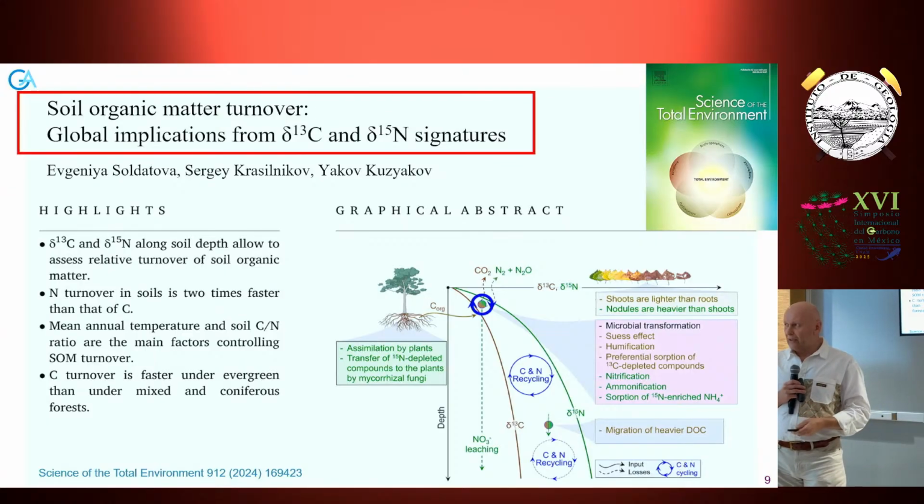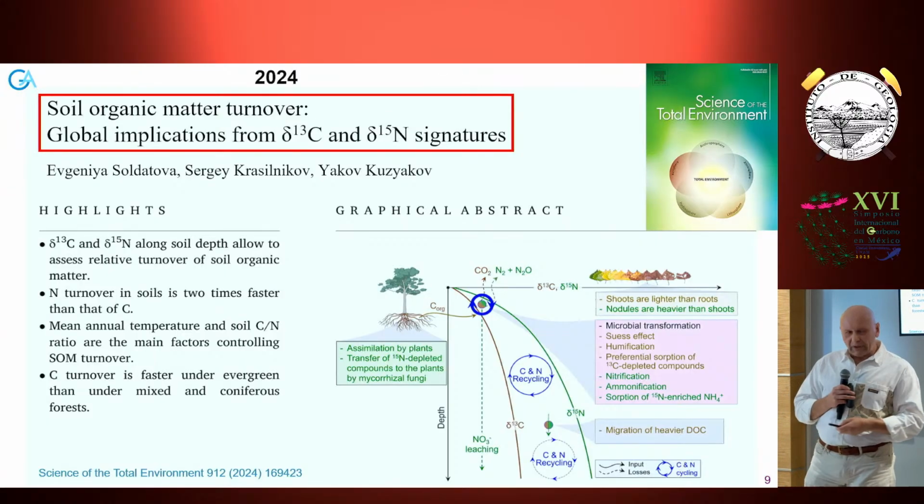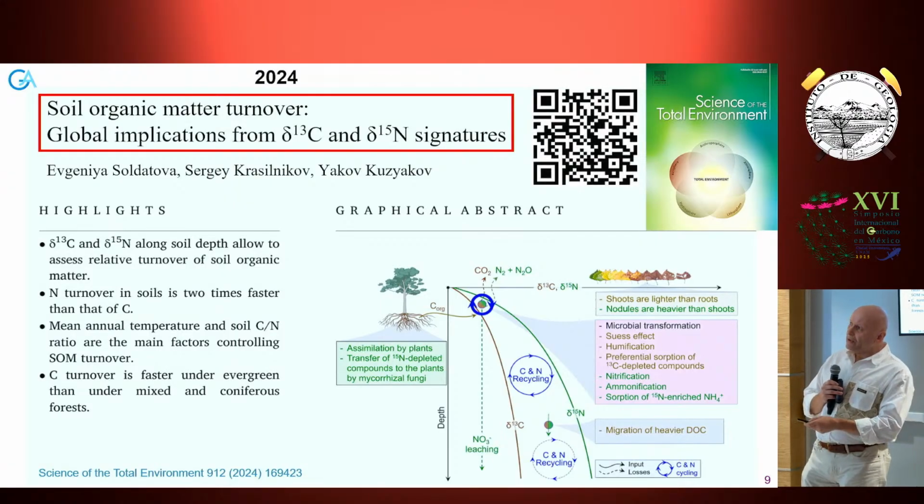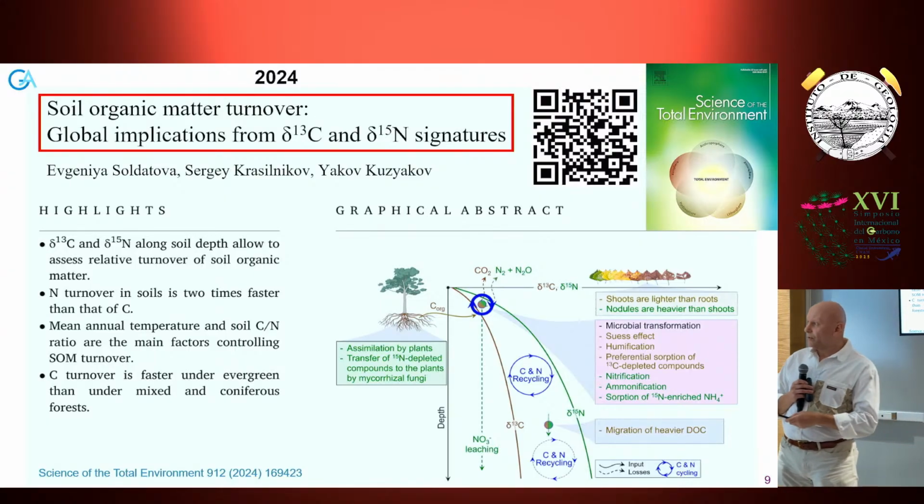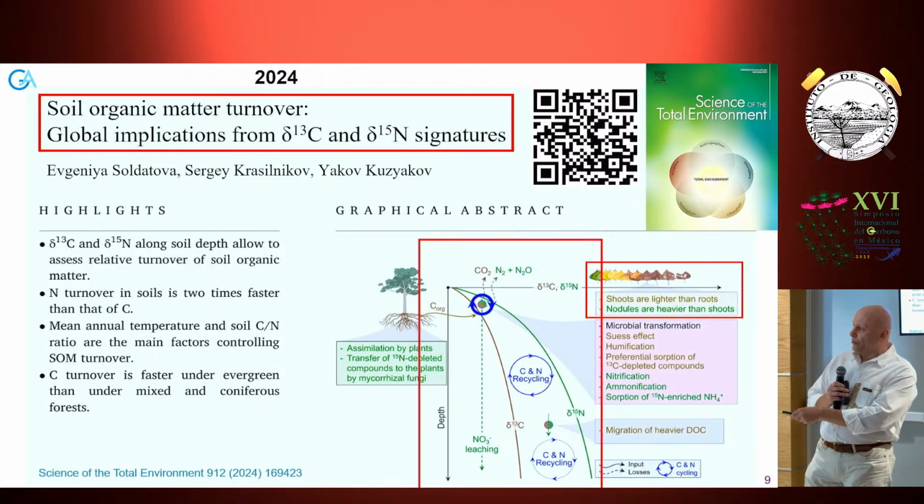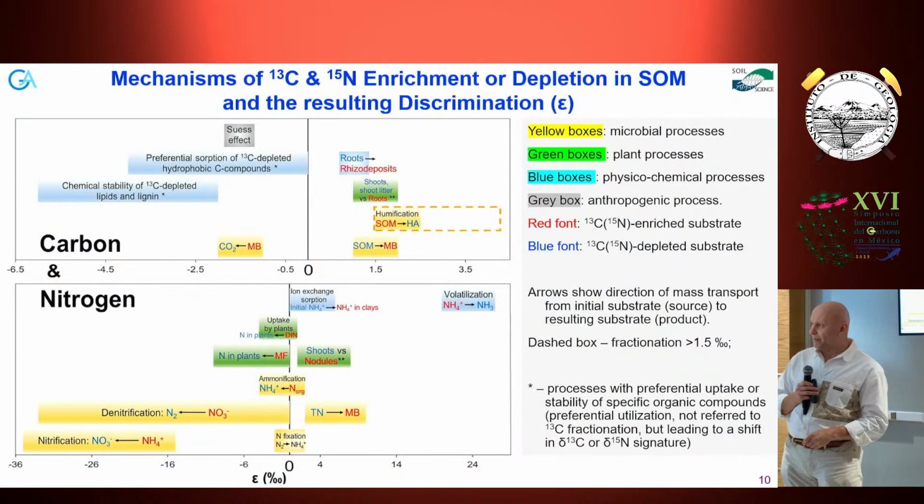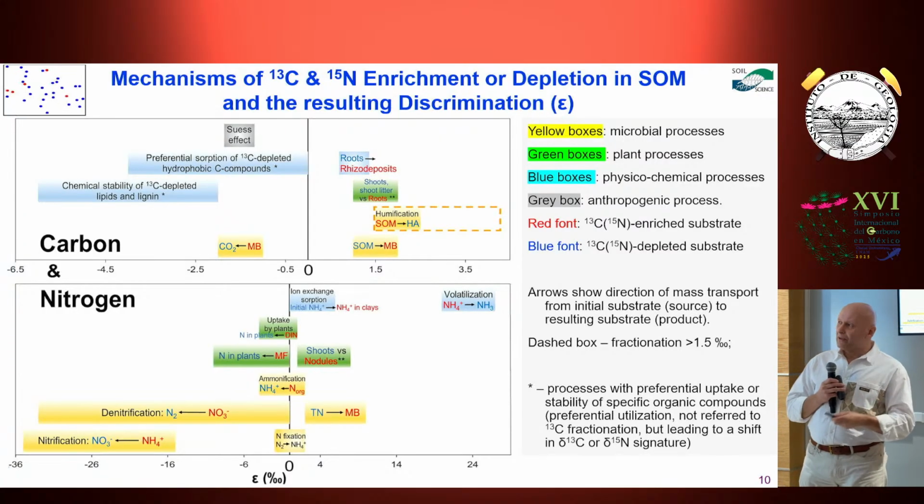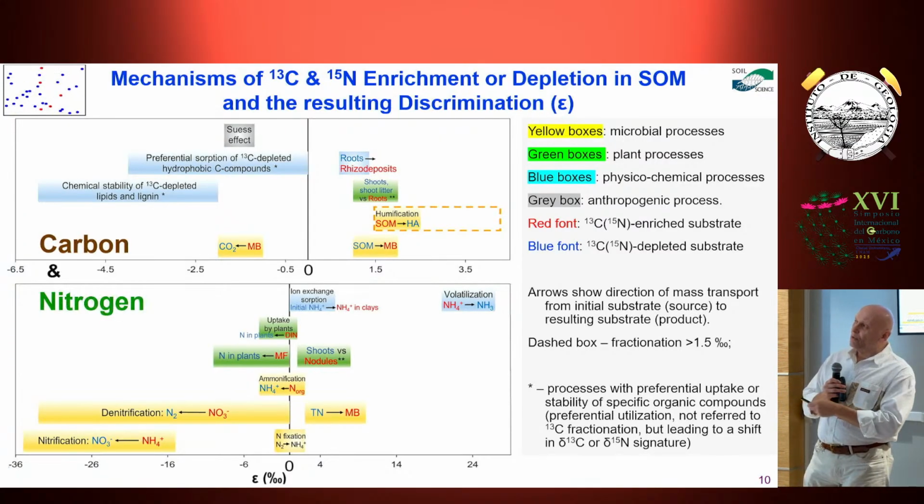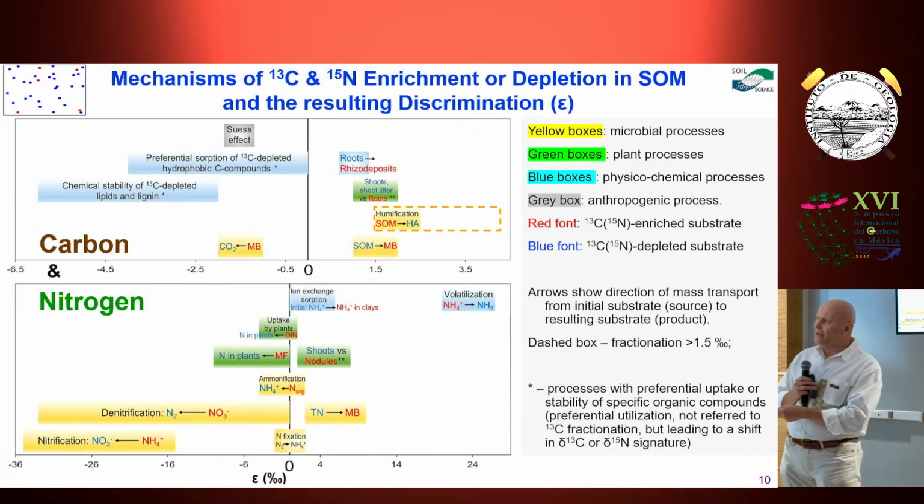We collected such data and just last year made such a meta-analysis of how we can use the isotopic composition of carbon and nitrogen to assess soil organic matter turnover. So we looked at how litter is transformed to soil organic matter and how the changes of isotopic composition are ongoing in the depths. But first, maybe what is also important, we tried to assess the mechanism of carbon-13 and nitrogen-15 enrichment and depletion in soil organic matter, leading to the changes of isotopic composition, which is frequently